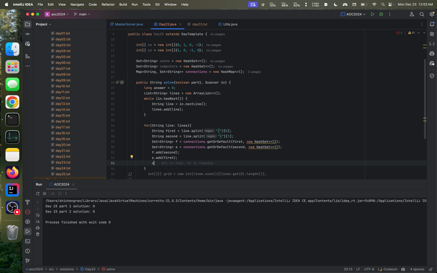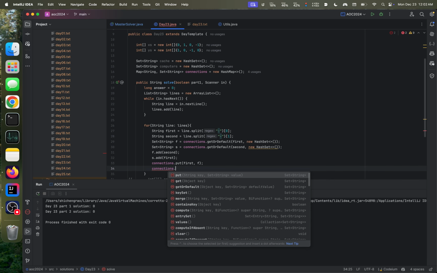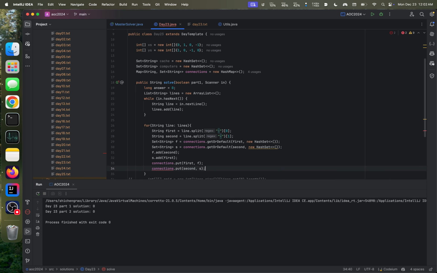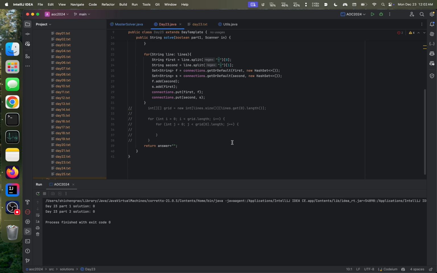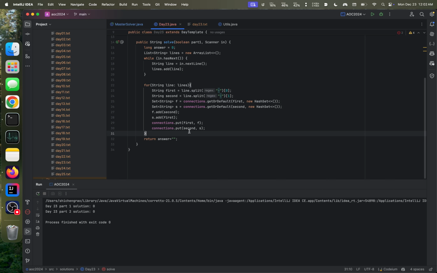So connections dot put first f, connections dot put second s. This is very long-winded. Many languages would have been able to do that much faster, but that's how I like to do it. Okay, so now that we have everything, we can basically just have a list